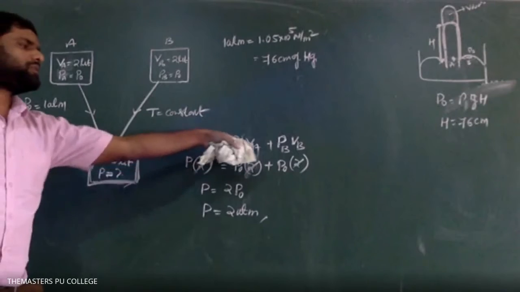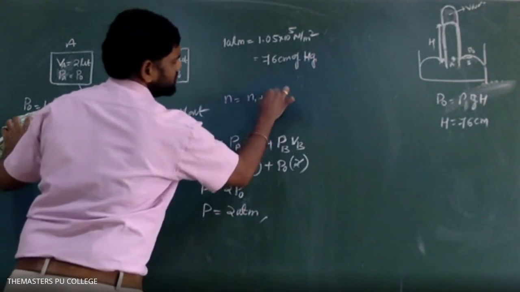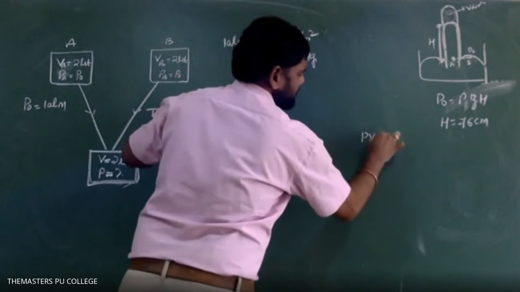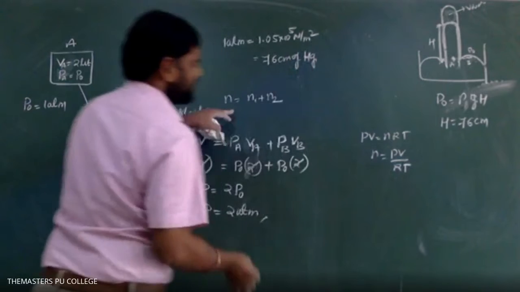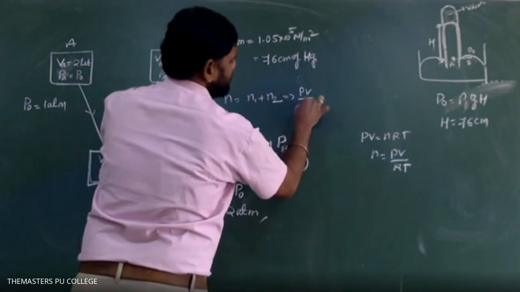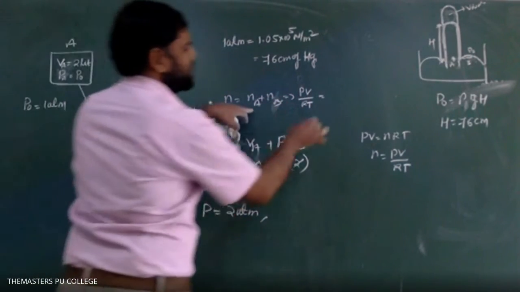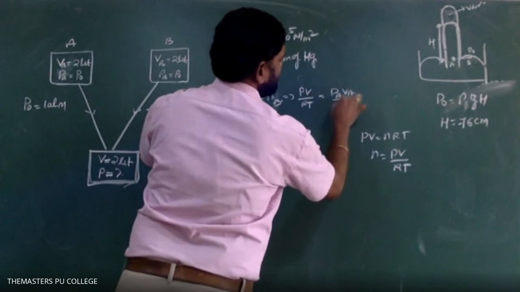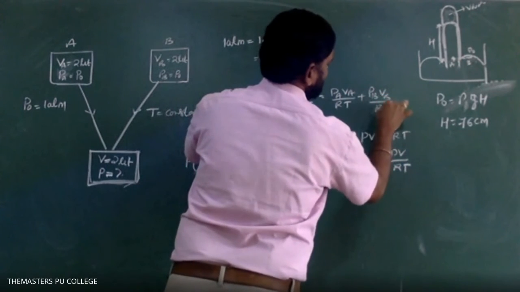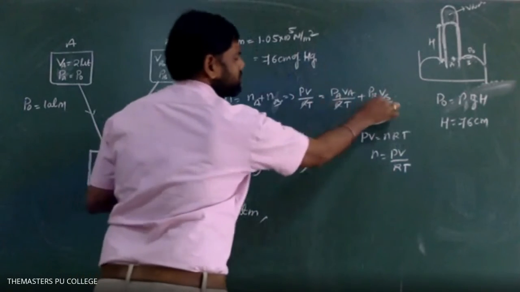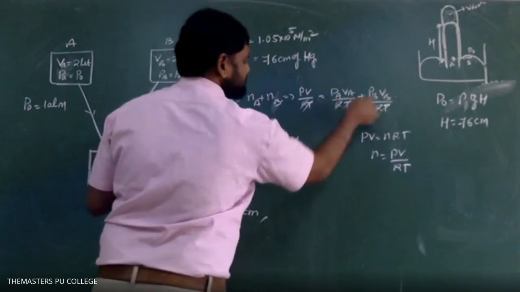Okay. How did this come? Did you get the doubt? I can use the relation n equals n1 plus n2. We know the relation PV equals nRT. So n is equal to PV by RT. Therefore, PV by RT equals nA plus nB. Number of moles in A is PA VA divided by R into T, plus number of moles in B is PB VB divided by R into T. Anyway, R is constant. They told that temperature does not change. So T is constant. Then I can write PV is equal to PA VA plus PB VB.